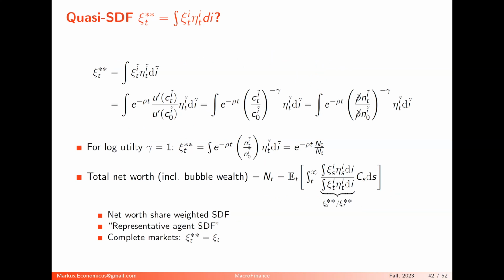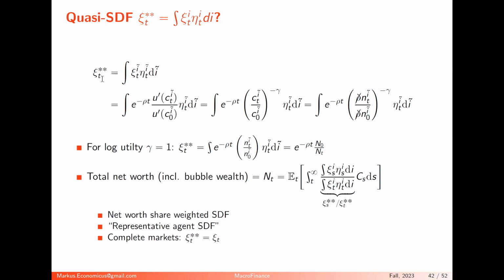Essentially, when you look at it, what is it? This is the marginal utility of an individual agent i, and that's the net worth of the agent i. This is negatively correlated. So when the net worth goes up, you have a positive shock, your marginal utility goes down. When you have a negative shock, your marginal utility goes up. So this is negatively correlated. That depresses the interest rate you discount with.